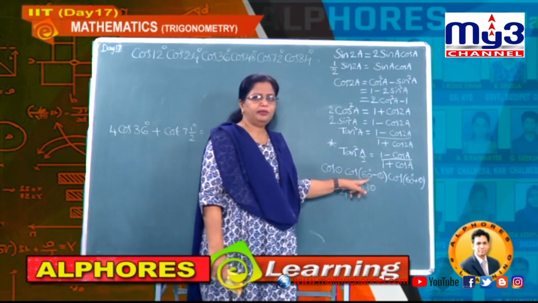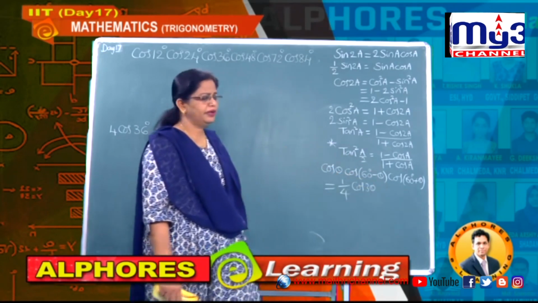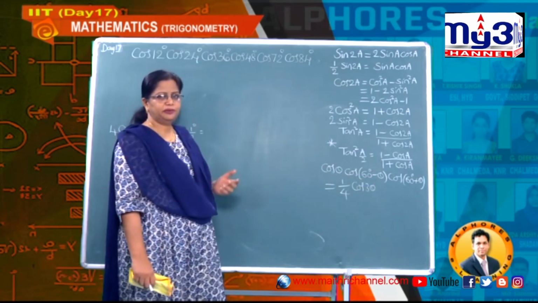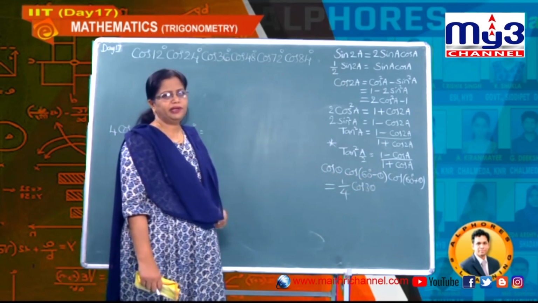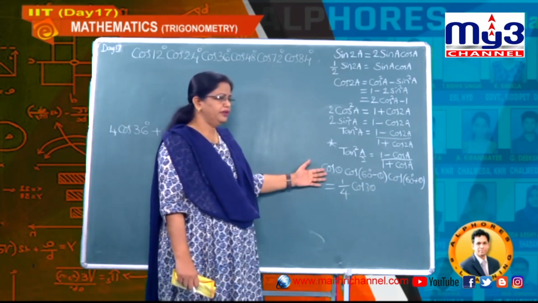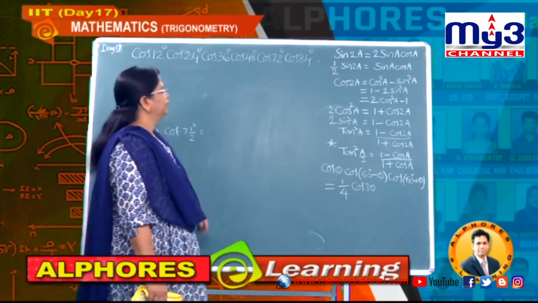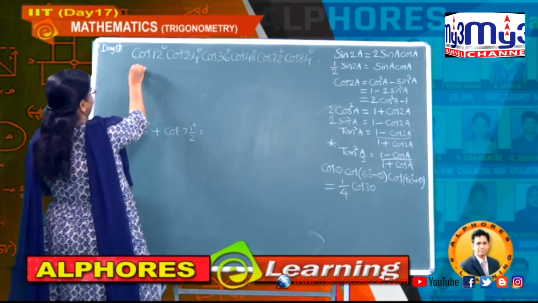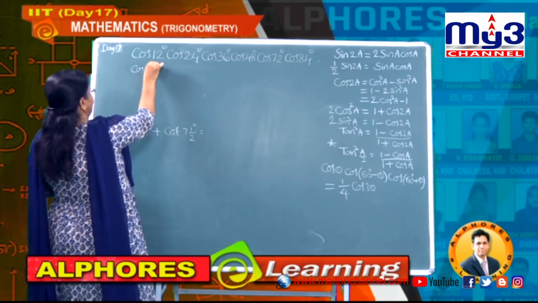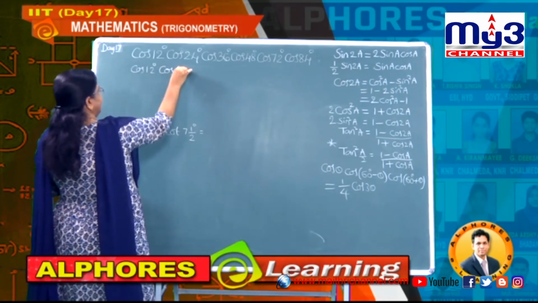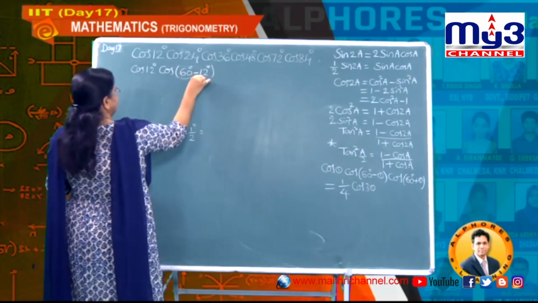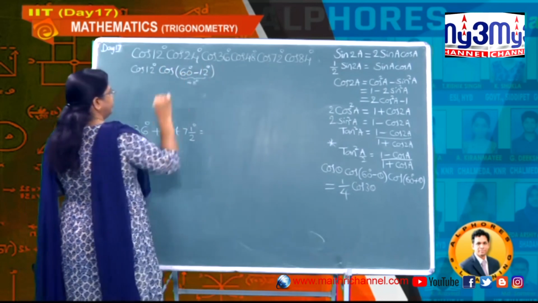So this is the formula which we have already proved. Now whenever you cannot find complementary or supplementary angle values in a product, you can obtain them even then. Now we got two such combinations. One is cos 12 degrees, and the other one is cos of 60 minus 12 degrees, which is 48, right?